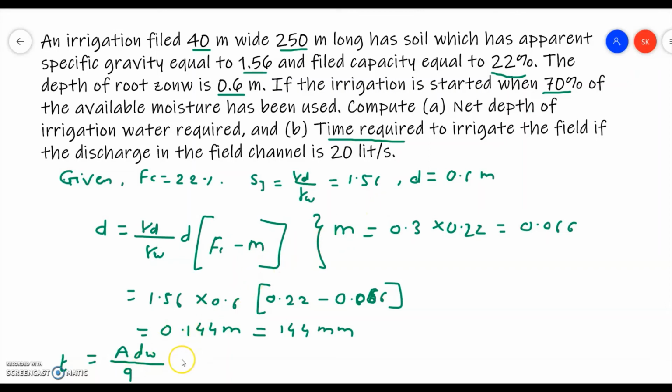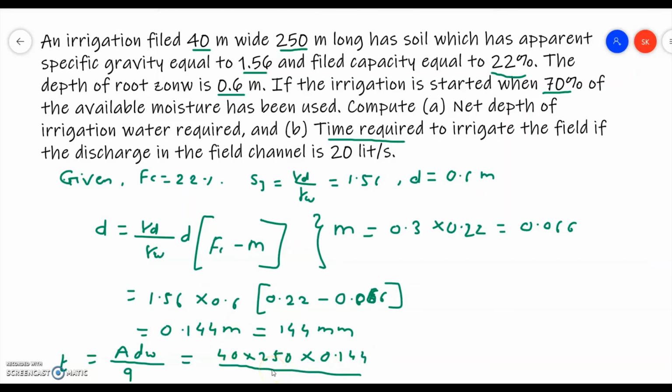The area is basically 40 meter wide and 250 meter long, so we will put 40 into 250. So we get the area in meter square, 40 into 250, multiplied by 0.144, that is in meter, divided by